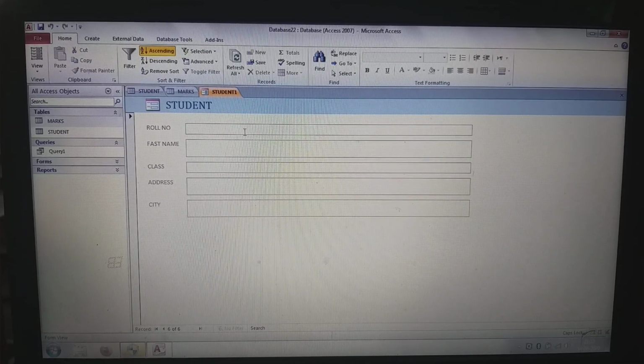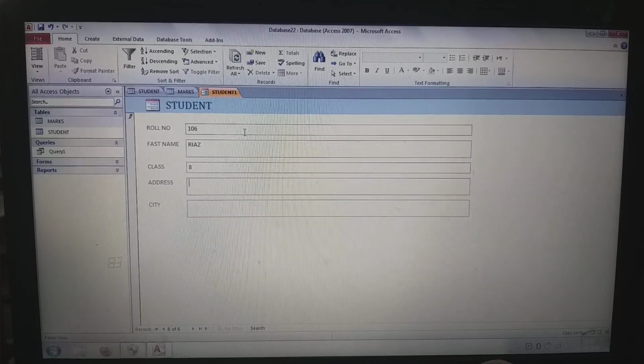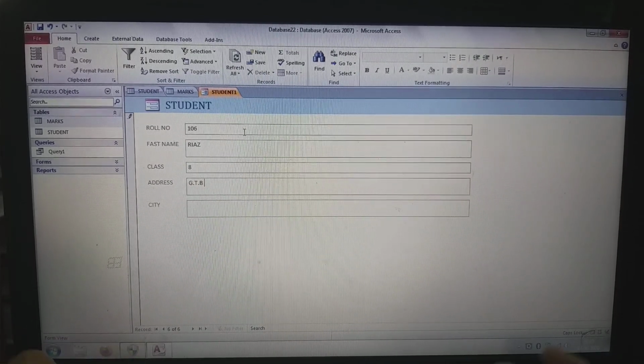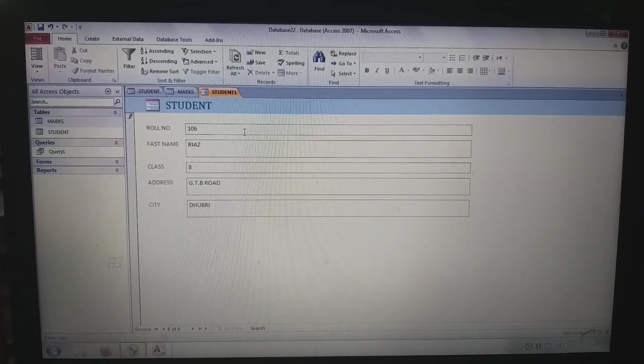To enter the new record, the next record will be 106, first name Riyaj, class 8, address GTB Road, Dhubri. Press page down.